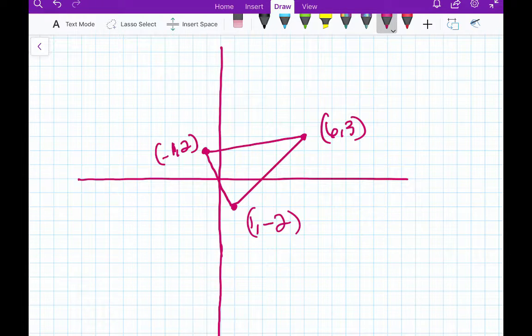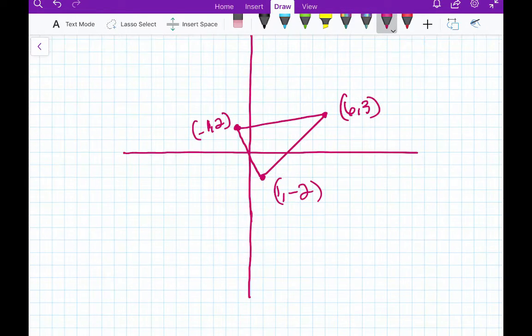The last thing I want to do is look at how you would classify a triangle given its coordinates, the coordinates of the vertices, which we have here, or the graph, which we also have here. If we want to classify this based on its sides, then we need to know the distance. So we're going to review the distance formula so that we can find the length of the sides. So I'm going to go ahead and label this